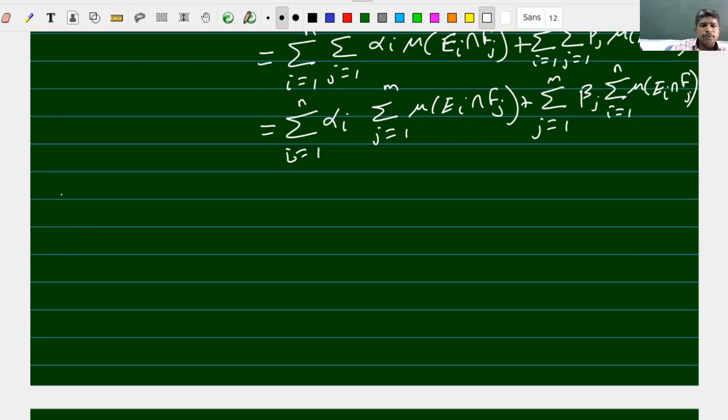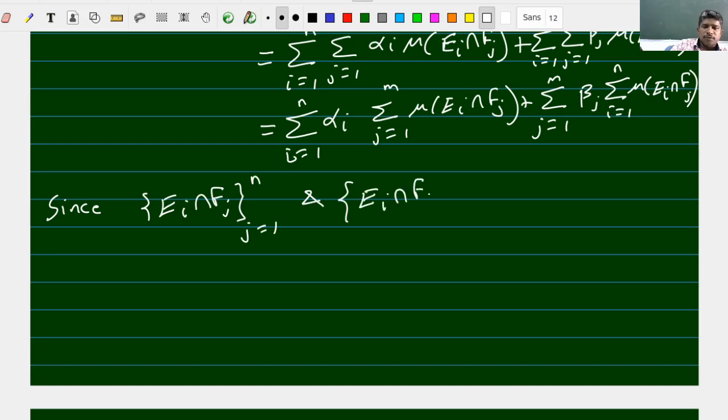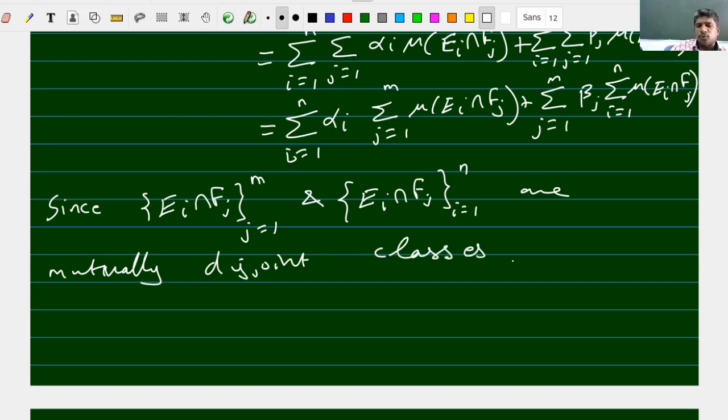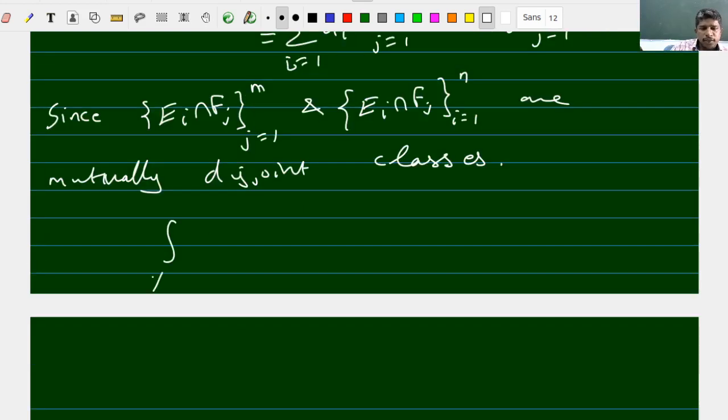Okay, since the collections E_i intersection F_j, j from 1 to n, and i from 1 to m, are mutually disjoint classes whose union is the whole X, therefore the integral over X of s plus t d mu, the first summation is